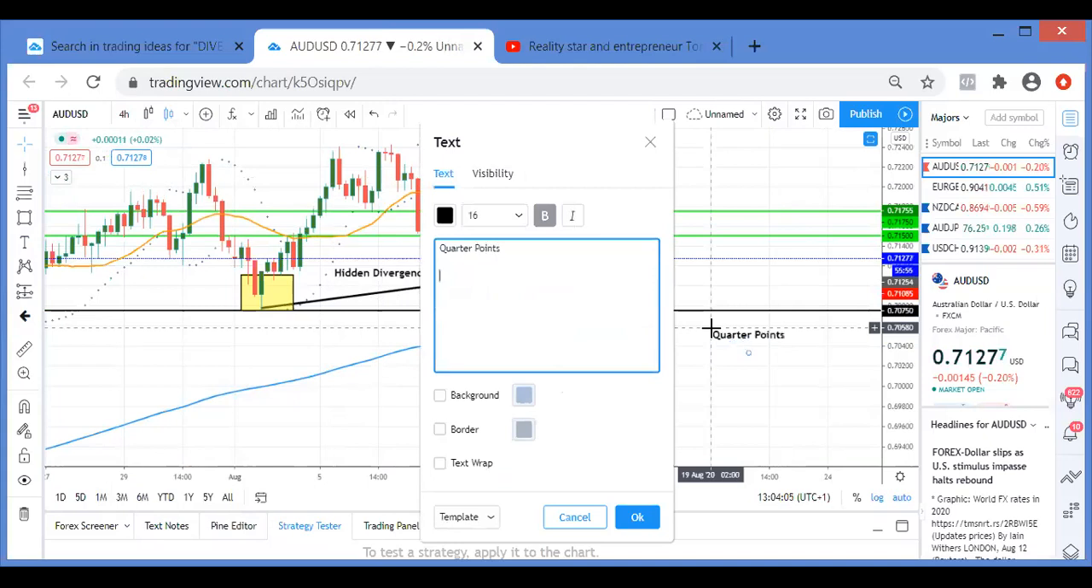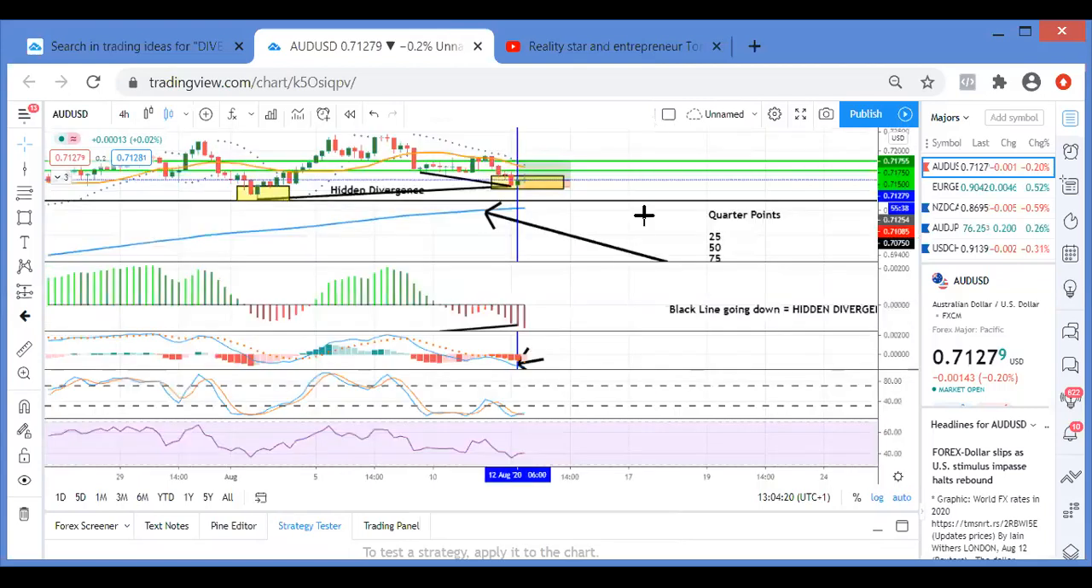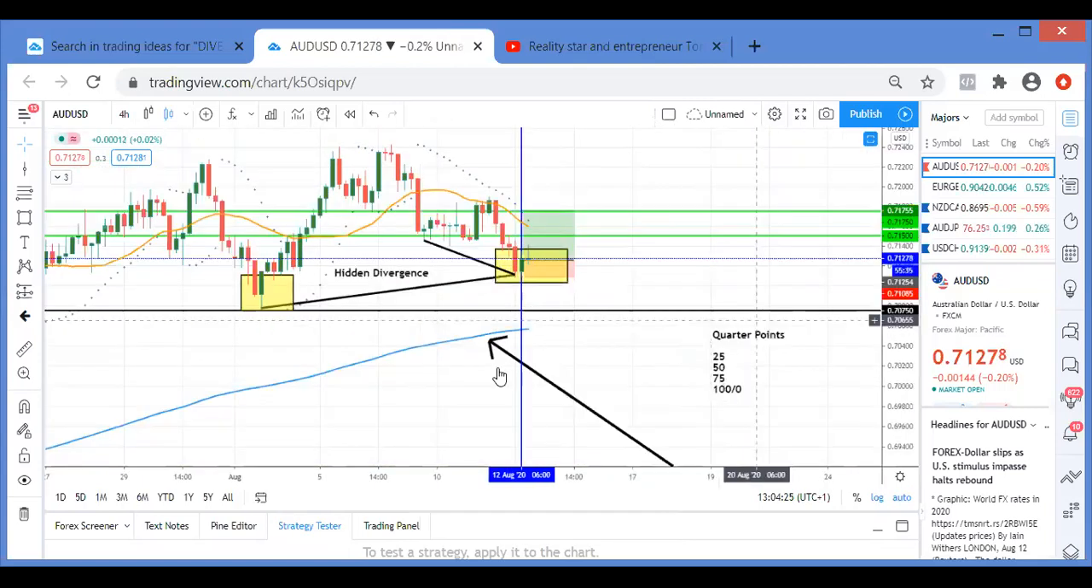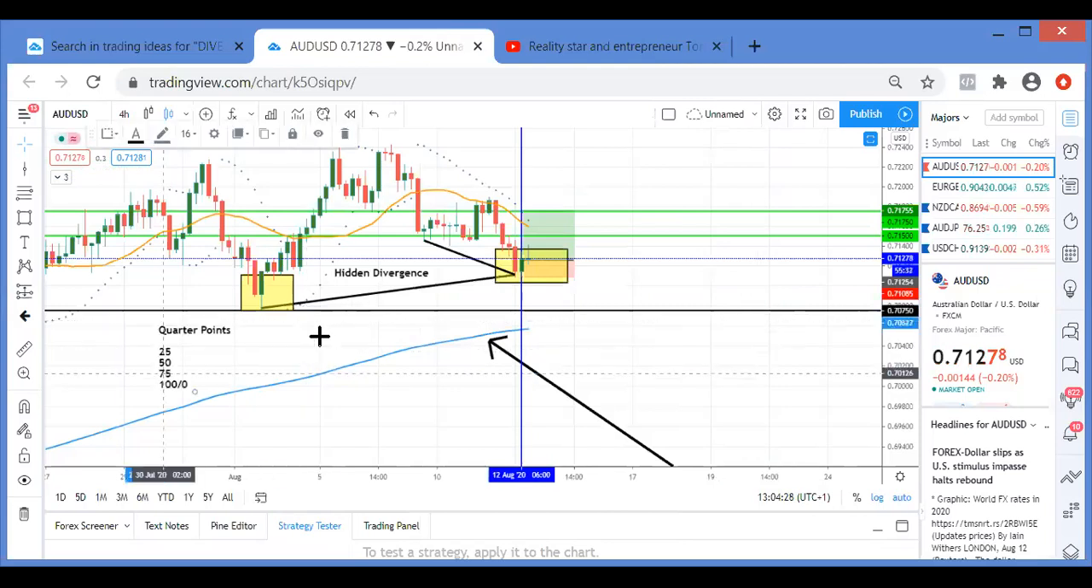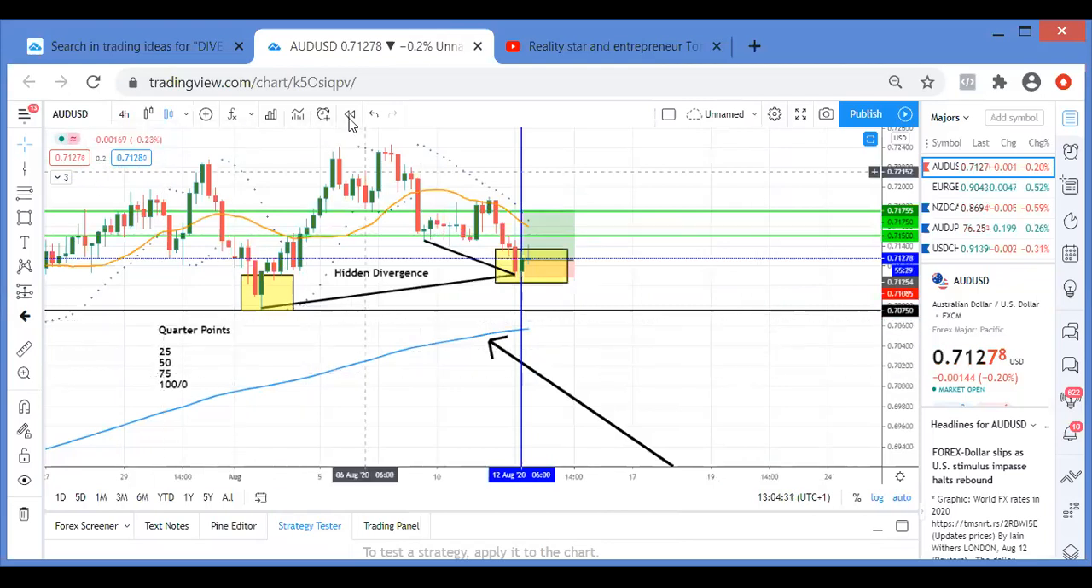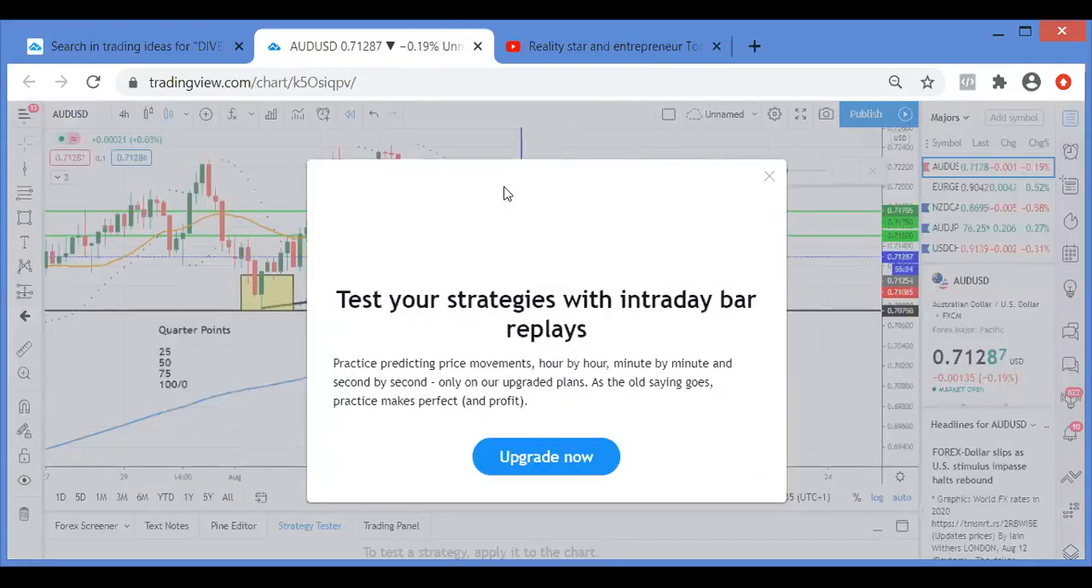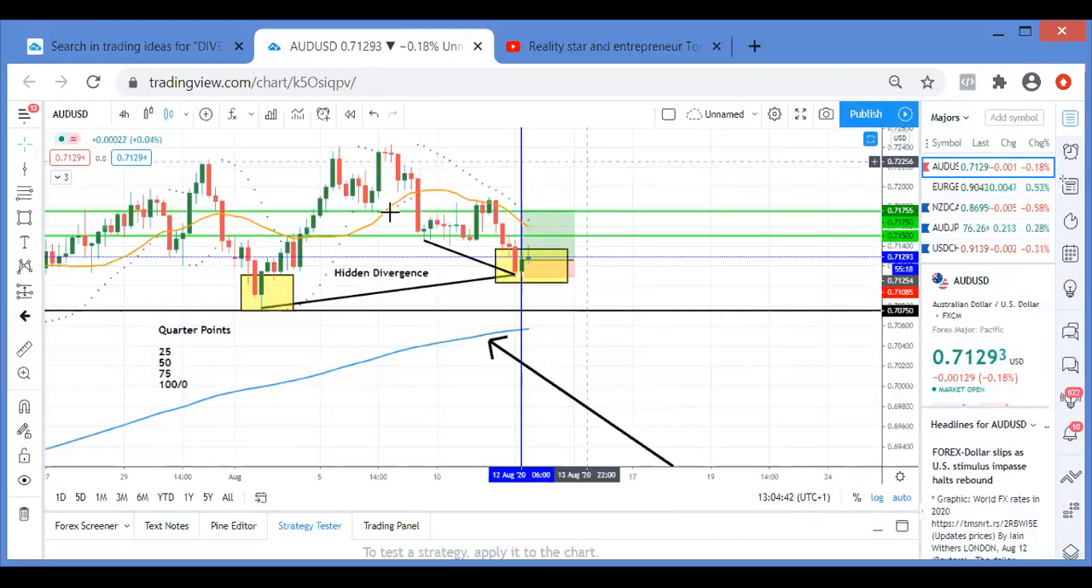The quarter points are 25, 50, 75, and 100, or zero. So with these quarter points, all I'm doing, as an example, say the market was here. Let me see if I can rewind. Hopefully. No, I can't. Okay. Just say for instance now, the market was by this